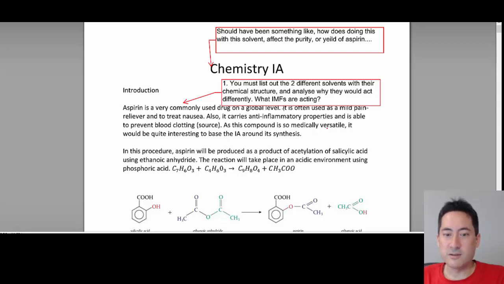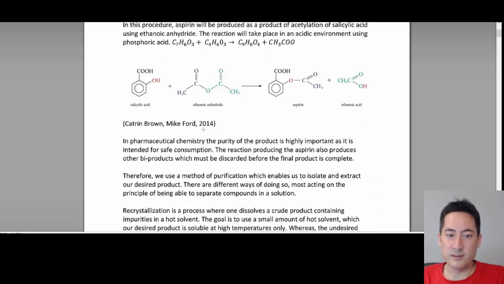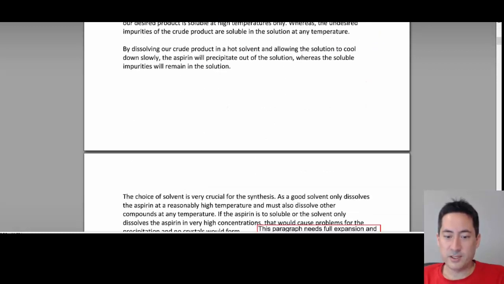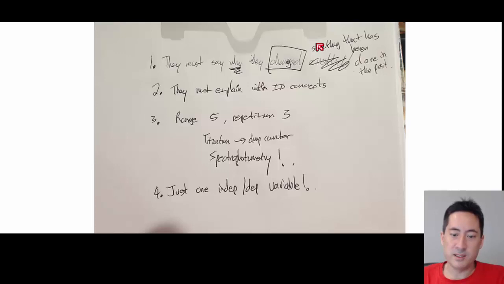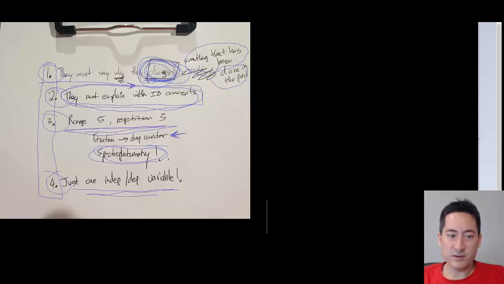The second thing that annoyed me was that the teacher just let them through. You're the teacher. Stop it. Don't let them have it. If they don't have a range of 5, just don't let them do it. Just say, where's your range of 5? You can give them ideas of how people do ranges of 5. The repetition of 3, you can get away with 2 if it's a dead set titration, but I wouldn't. I just use a drop counter and do it properly.